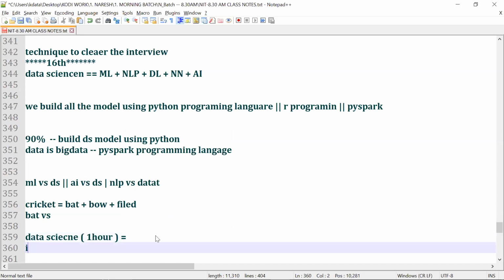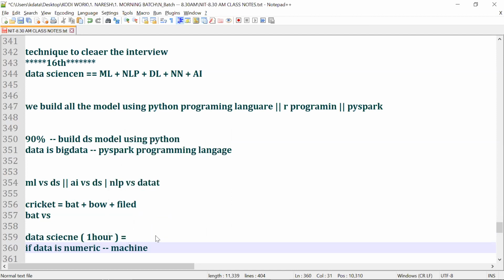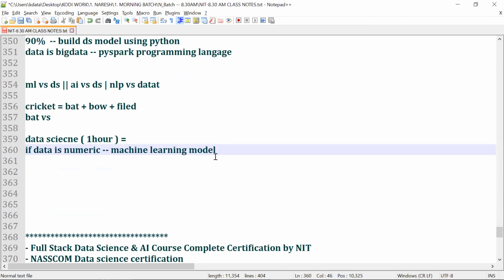Let me tell you another thing: if the data is numeric, we use machine learning models. What is meant by numeric? Numbers. If the data is numeric, then which models will we use? Machine learning models.